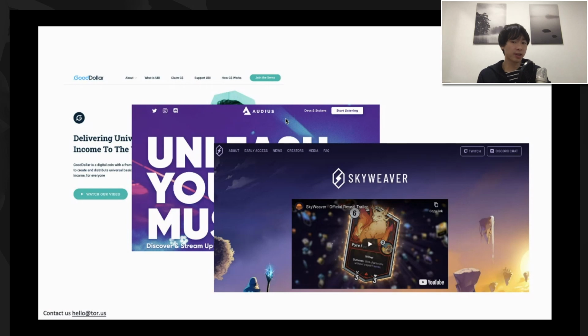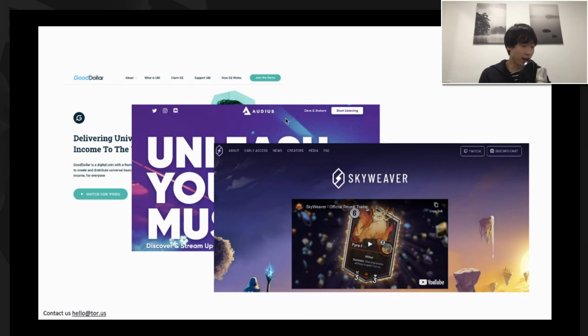So there's another class of applications that we're starting to see a little bit more of. These applications don't tend to use external web wallets or MetaMask. Instead, they build their own authentication or key management infrastructure. Examples of this include Good Dollar, Skyweaver, Audius, and others, and we're starting to see a lot more of them. Because they handle their own key management flow, they derive their own set of permissions which fit their use case and application. It's a much better user experience, and the permission structure implemented by them caters to them.